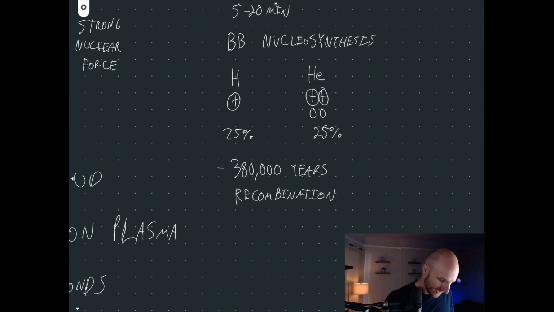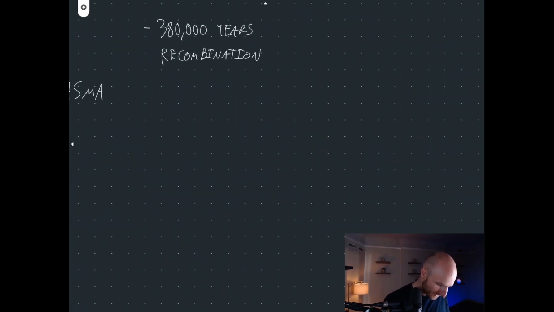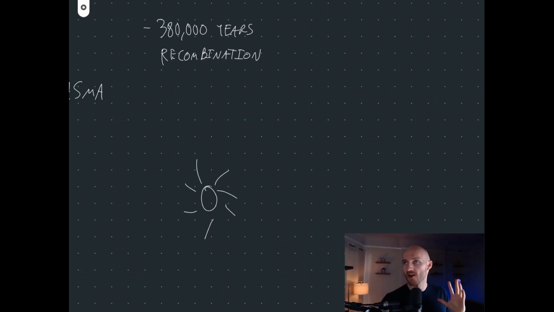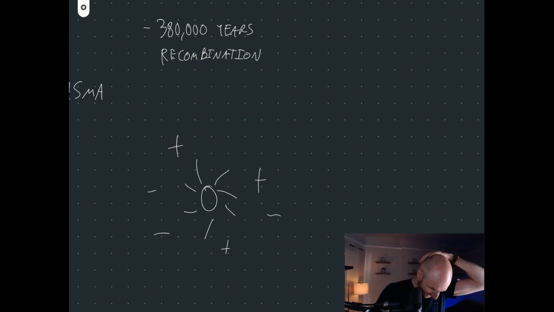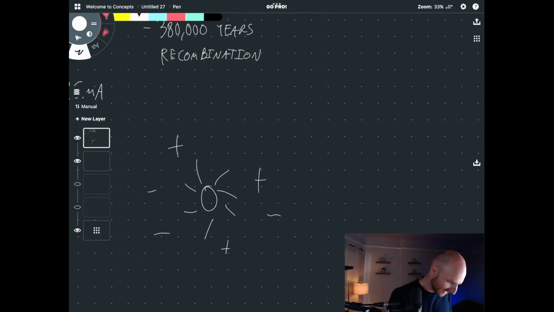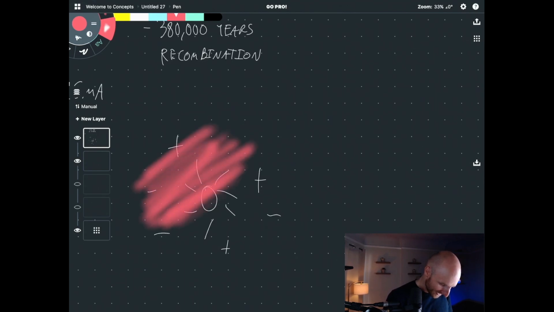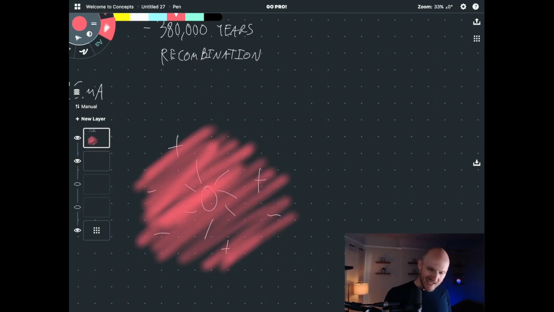The other cool thing that happened at this time was, if we go back to the initial Big Bang, which was a crazy moment, we had all these protons and all these electrons all around, and there were a bunch of photons, a bunch of light in there, that couldn't really escape because everything was too muddled. You can imagine some version of muddling, something like this, where everything looked like that.